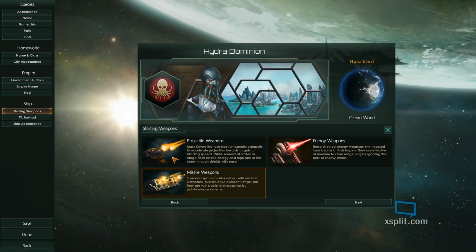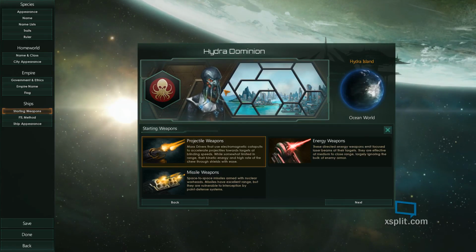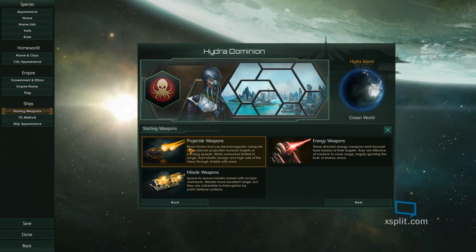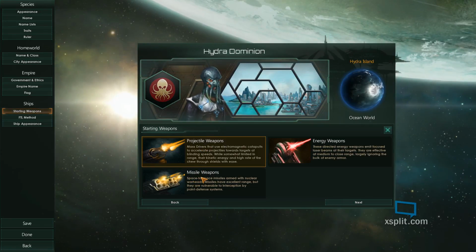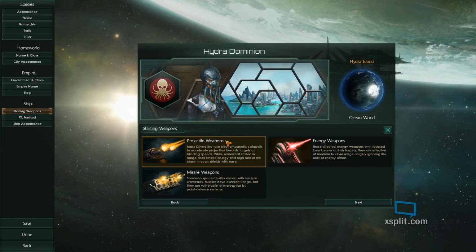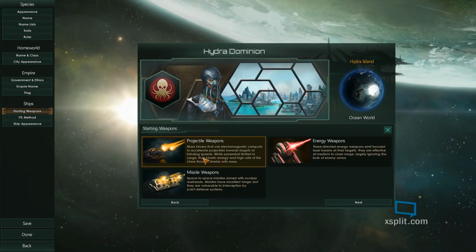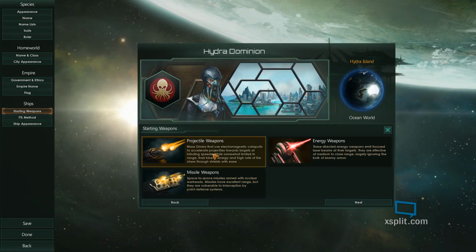So I'm thinking projectile weapons just because these guys like their projectile weapons, tentacles and all that stuff. So we're gonna go with that. Energy weapons and projectile weapons and missile weapons are the three choices. Now, the difference is basically missile weapons have long range and are pretty good, but the problem is they can be taken out by point defenses. While projectile weapons, they didn't have such good range, but they are very good against shields and such, which should actually be...